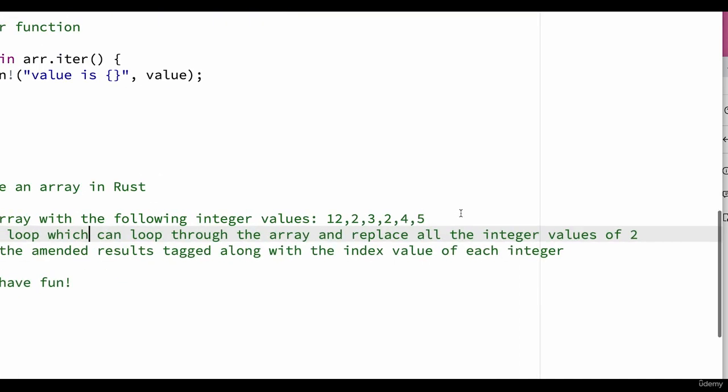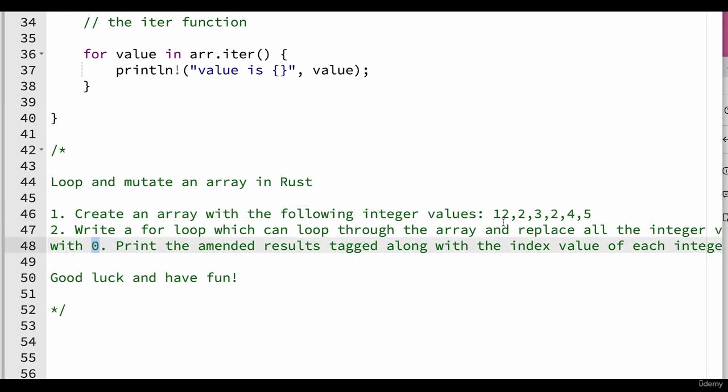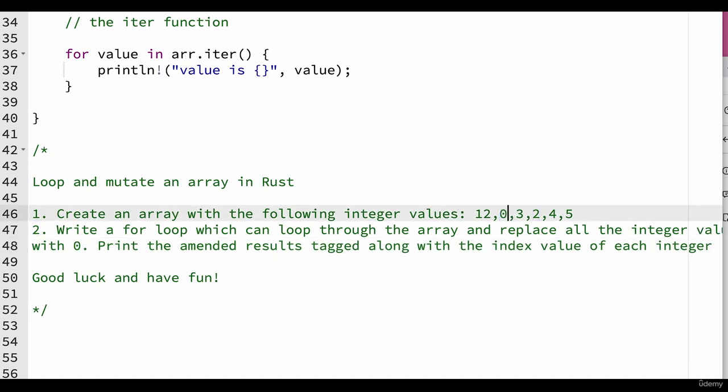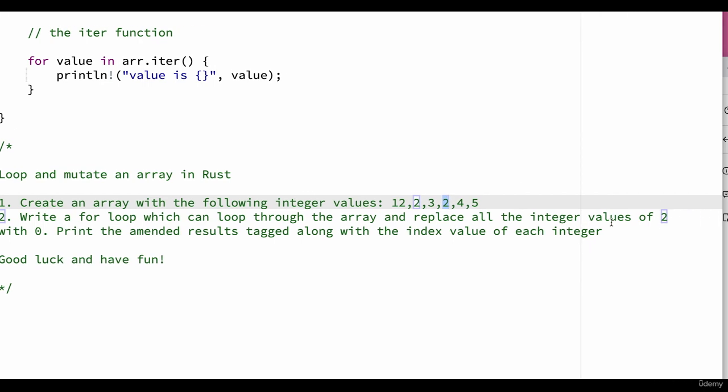So in this array where we see a 2 over here, and we've got another 2 over here, we want to replace these 2's with 0. So where we see a 2 over here, this should then be 0, right? Where we see a 2 over here, this should then be 0. All right, and then you want to print the amended results tagged along with the index value of each